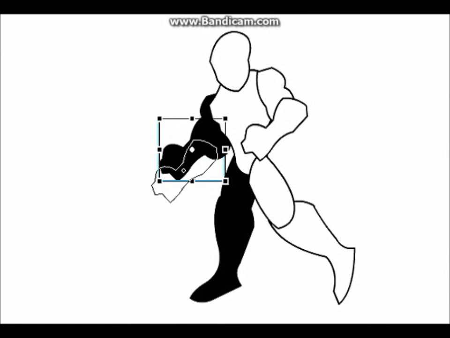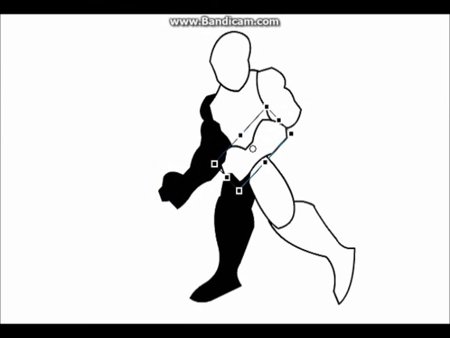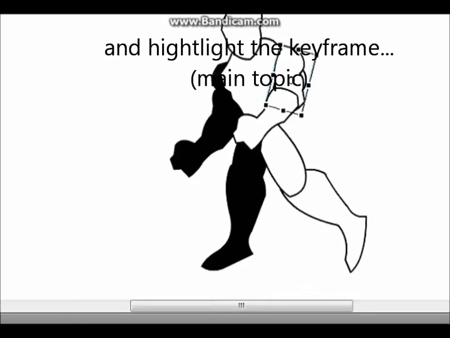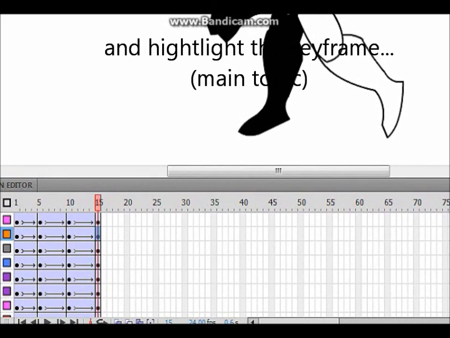If you're gonna make an animation like this or any simple moves, you will need to, well, first move the character here like this, move the character like this, and highlight it like this.